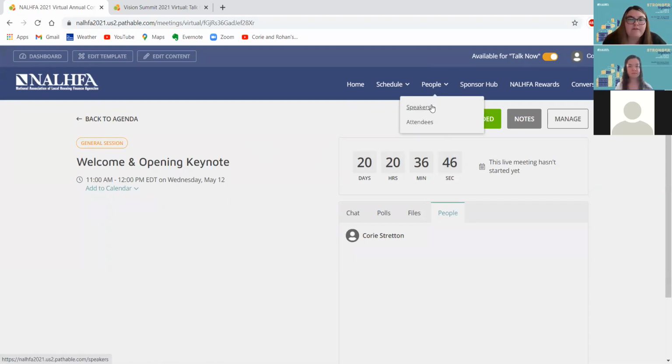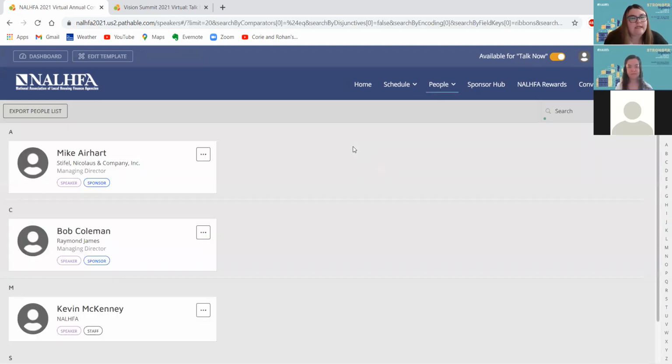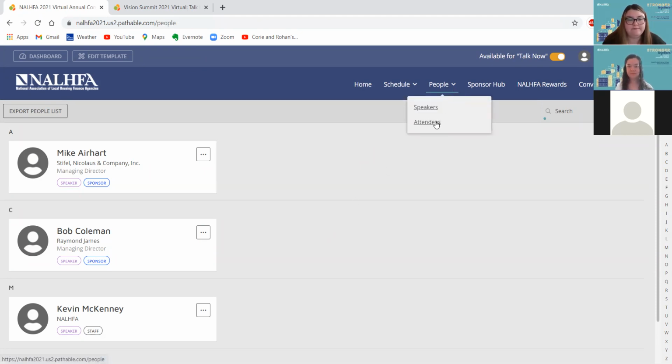So you can search here for speakers or attendees. If you click on speakers, you'll see a little purple tag, and that's how you'll know that they're a speaker, so that light purple color. That way, if you want to follow up with anyone or have any further questions, anything like that, those individuals are identified with that ribbon. And then the other option under people is attendees,